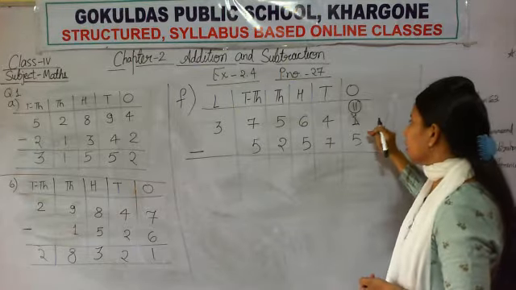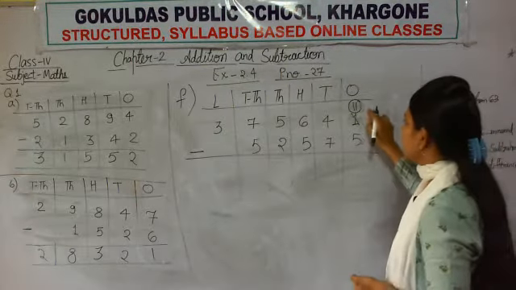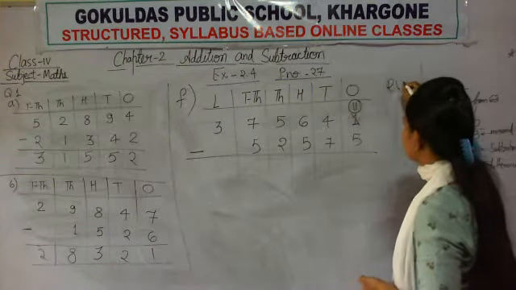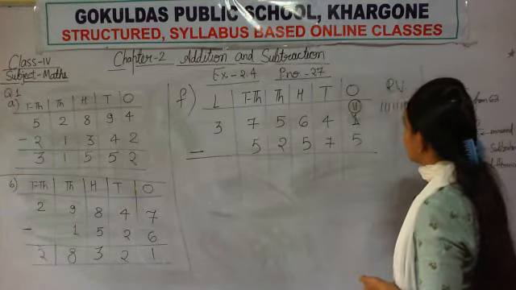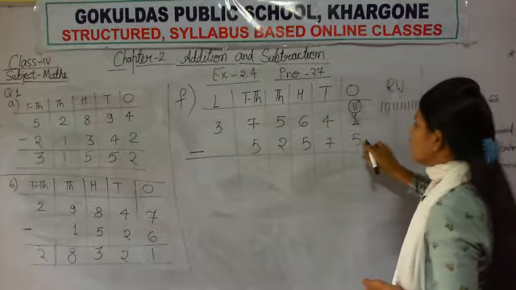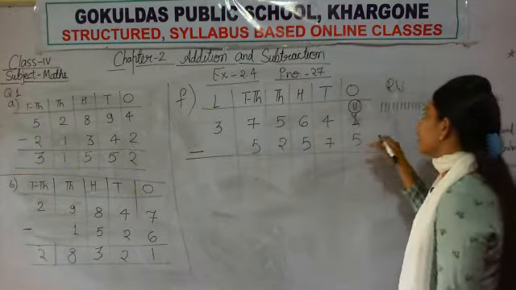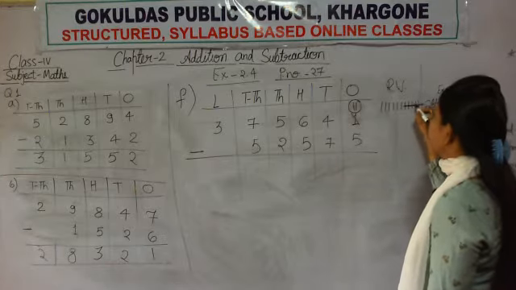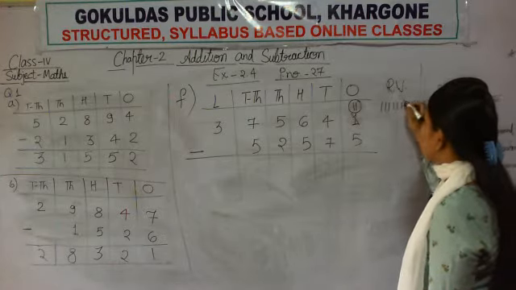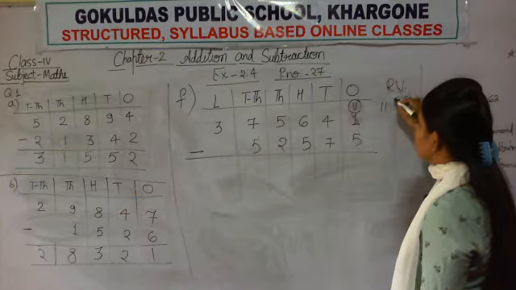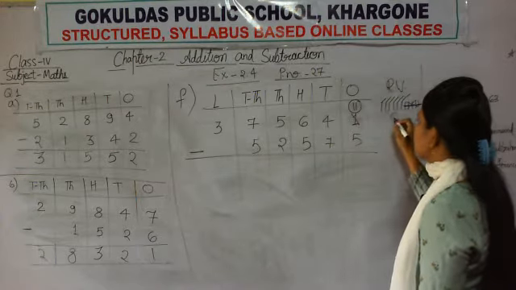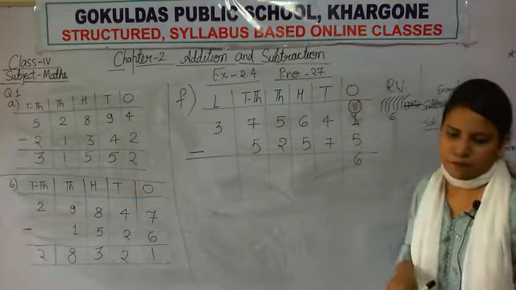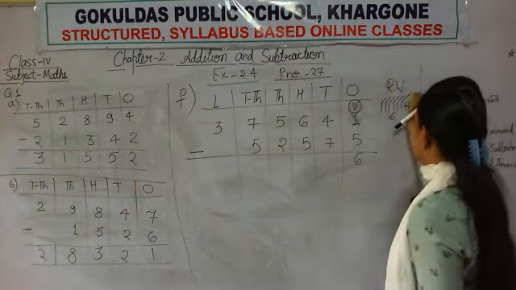Now you can subtract 5 from the 11. Your new number is 11 now. Draw 11 sticks in rough work. 1, 2, 3, 4, 5, 6, 7, 8, 9, 10, 11. You want to subtract 5 from it. So remove 5 sticks. 1, 2, 3, 4 and 5. You cut these 5 sticks. Then how many left? Count. 1, 2, 3, 4, 5, 6. 6 sticks are left. So write 6 in the ones column. Okay.